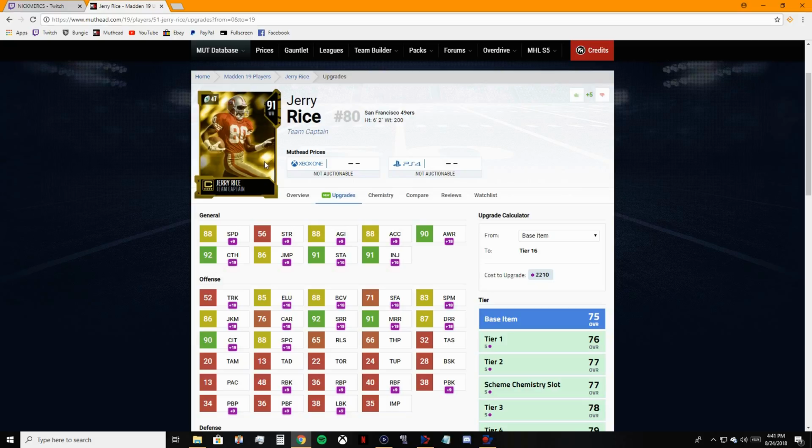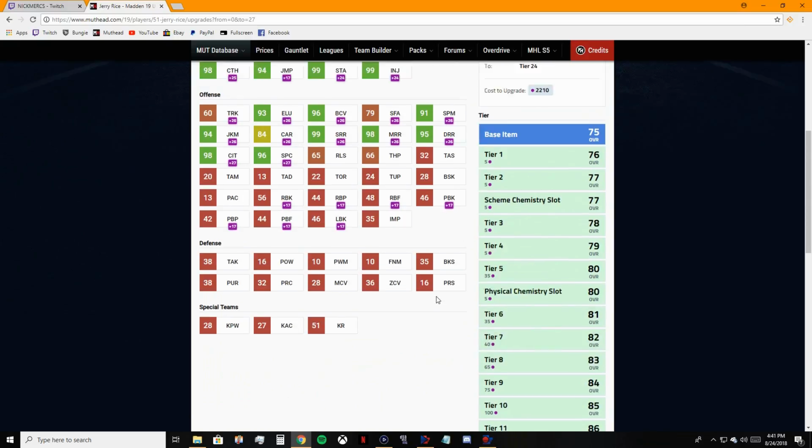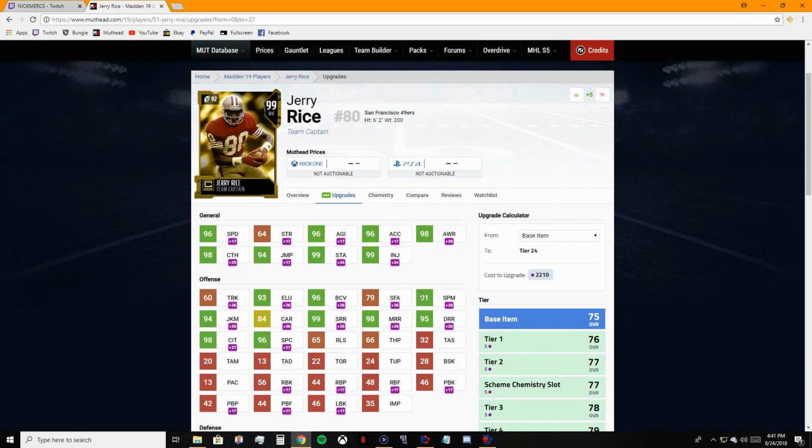I didn't have in-game footage of this card, so I had to just pull it up on Muthead so you could see his stats through here. But he looks like a pretty decent card when he's fully maxed out. And I would say that we can actually use this card as a reference to what 99s will look like at some point in this year. So the next time you're just messing around in your binder, I would say open up your team captain and look at his final version and see